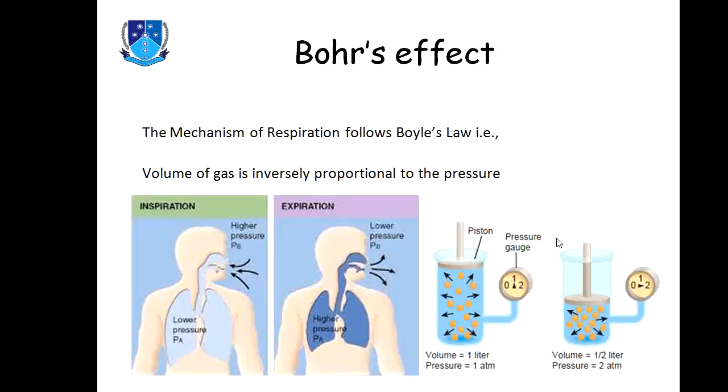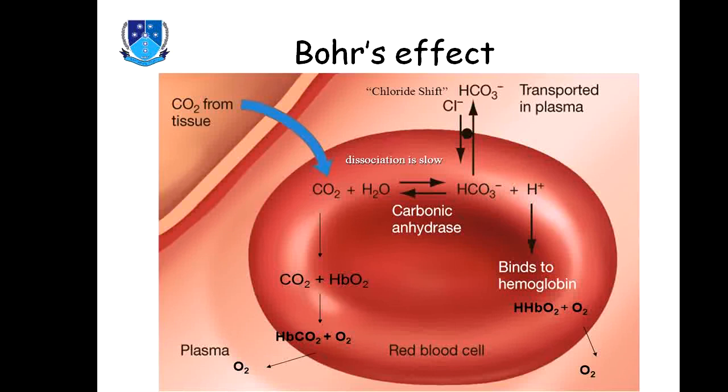So what will happen? This phenomenon is actually called the Bohr effect. In the Bohr effect, what will happen? When the concentration of carbon dioxide is increased inside the red blood cell, this will be converted into carbonic acid, and this will travel outside the red blood cell, and this will also lead to the accumulation of protons inside the red blood cell, and this proton will bind to the chain of